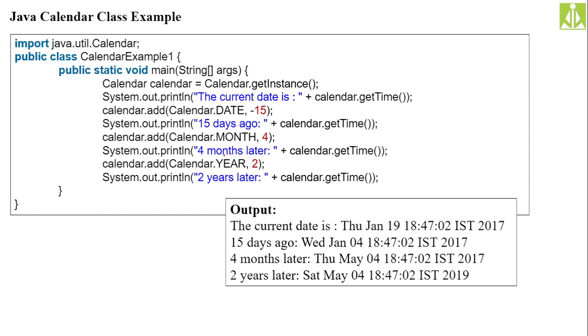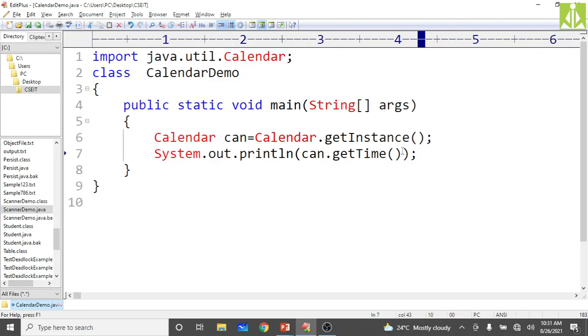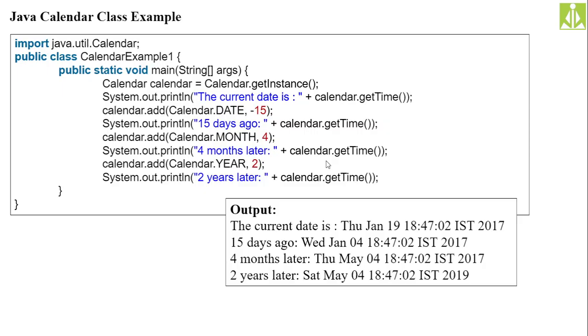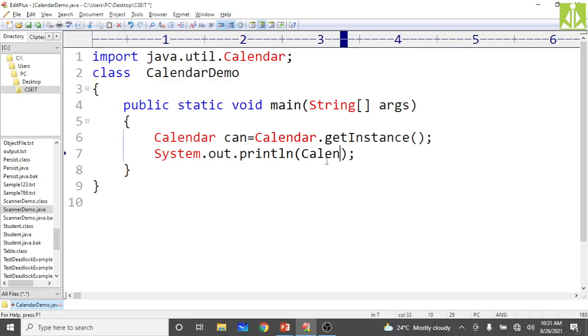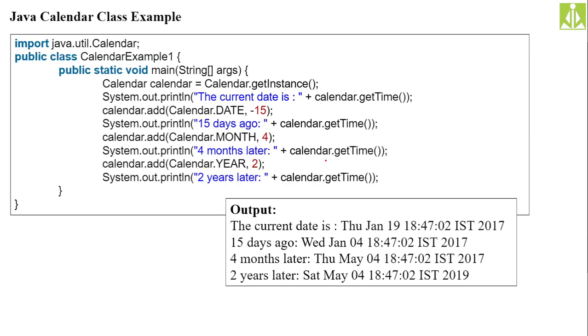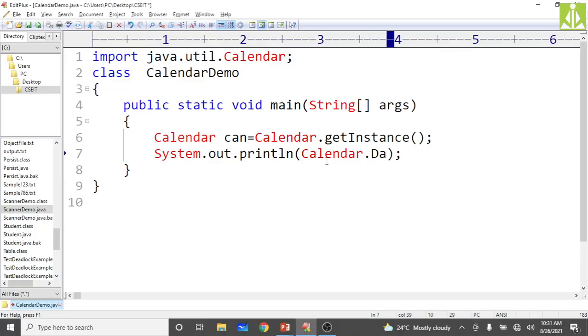Yeah, we have other objects also over here. Like fields also you can print, calendar.date, calendar.month, calendar.year, like that we see. Those fields are final, so we can't access them using an object. We will try to access them directly using the class, Calendar dot, what is the day we have, month we have, and year we have. So let us say first, field all capitals, DATE.